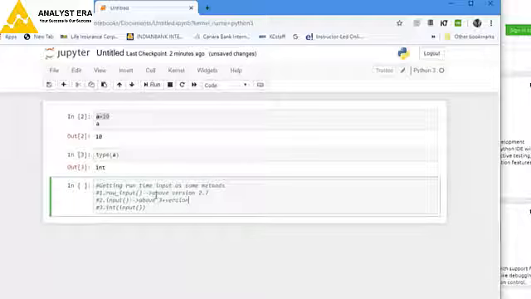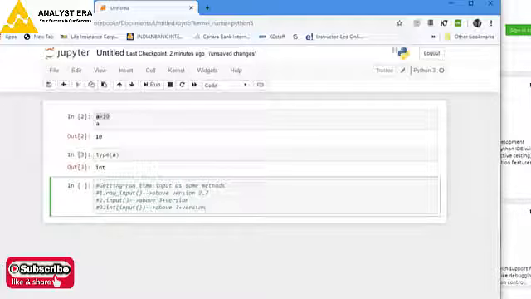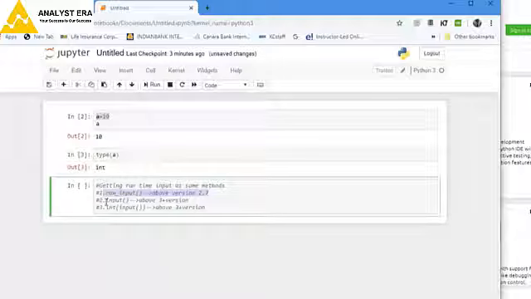Because we are using version 3.7, I am not using raw_input, as it will not work. I can use the other two.